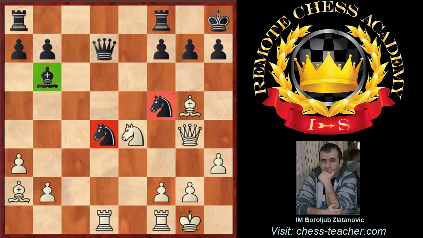hopeless. Why hopeless? Well, simply you can see that both black knights are pinned. Actually, both black knights defend each other, and that is not good in so open position, especially if opponent has two powerful bishops like in that position. So open position, two powerful bishops for white,